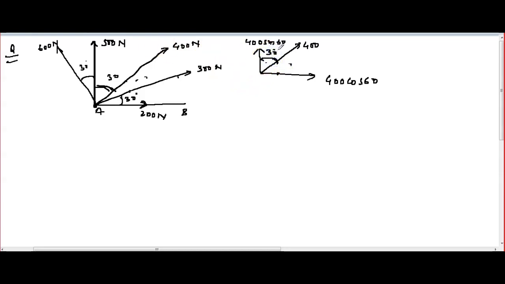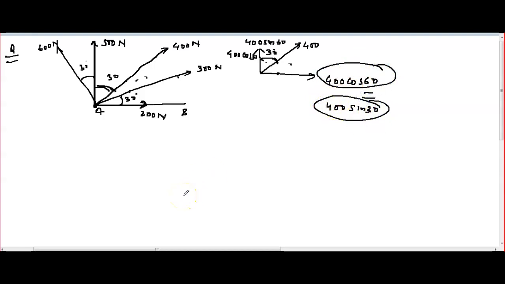See here first. If you are taking this one here, then what will you decompose? This will be 400 cos 30, okay, and this will be 400 sin 30, right? So see here, 400 cos 60 you find, and 400 sin 30 you find, the value will be the same. 400 sin 60 you find, and 400 cos 30 you find, the value will be the same, because sin 60 and cos 30 are equal. So any one component along either the x-axis or the y-axis, any one you have to take, and you have to decompose along the x-axis or the y-axis. Both you do not have to take.